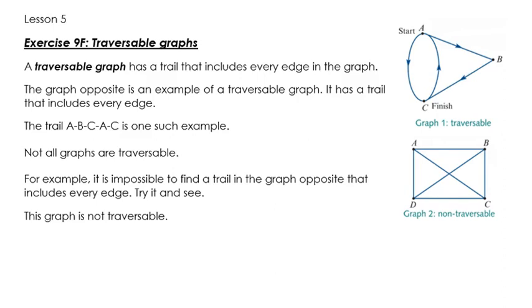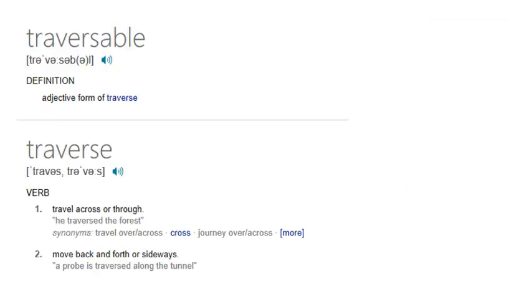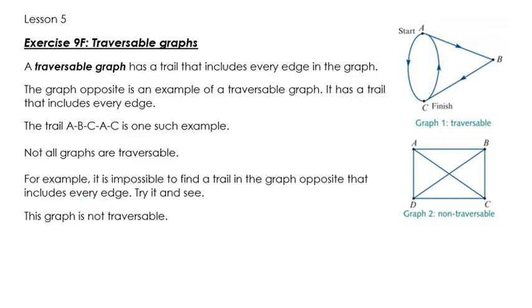Well, in order to know that, you need to know what the word traversable means. So if we have a look here, traversable. Adjective form of traverse. Well, we need to know what to traverse means. Okay, to travel across or through. So essentially when we're having a look at these networks here, what we're wanting to know is, can we travel